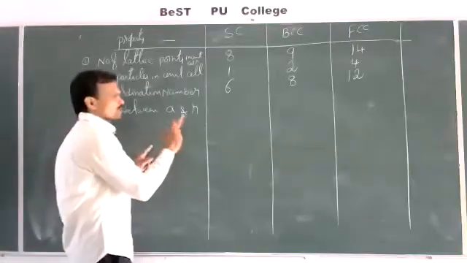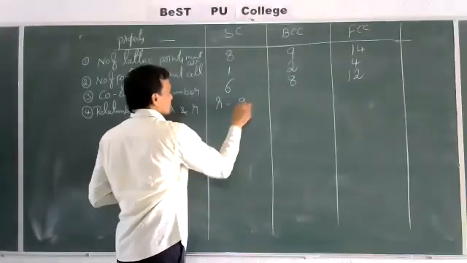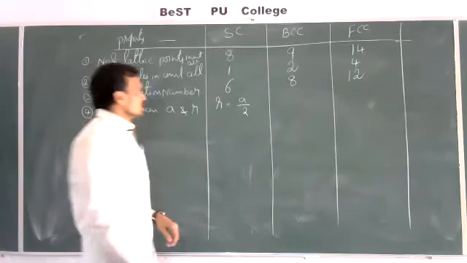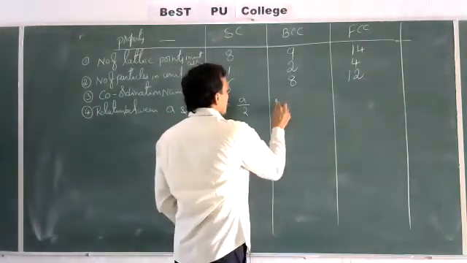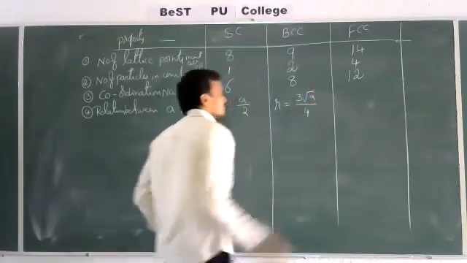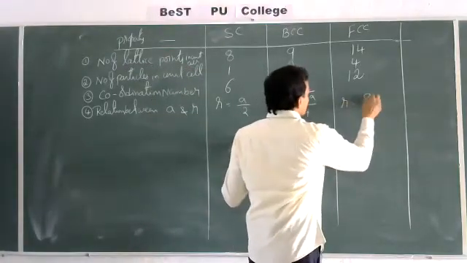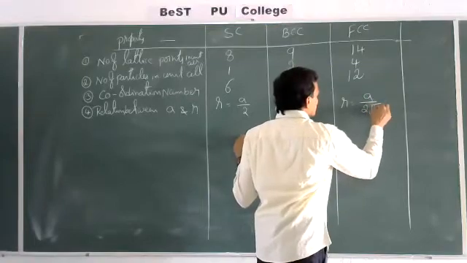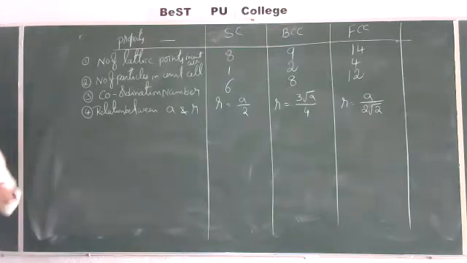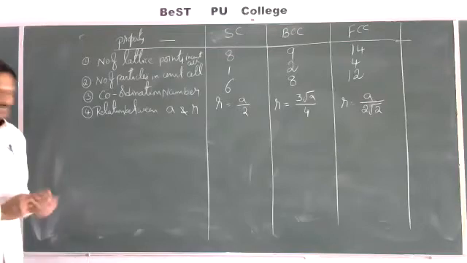So in case of simple cubic lattice, the relation is r is equal to a by 2. Radius r is equal to a by 2. In case of BCC, r is equal to root 3 a by 4. And one more, for FCC, r is equal to a by 2 root 2. This is the relation we derived in packing efficiency, the relation between edge length and radius of the constituent particles.